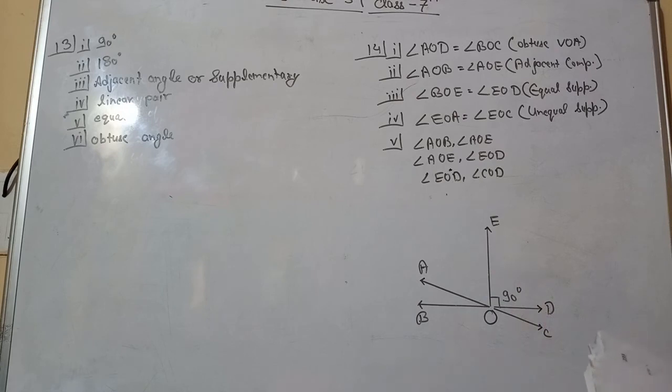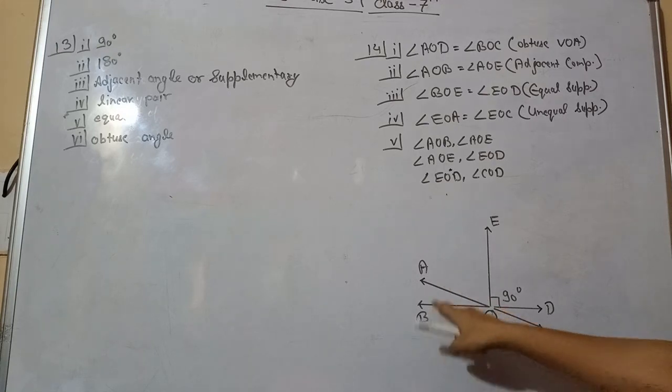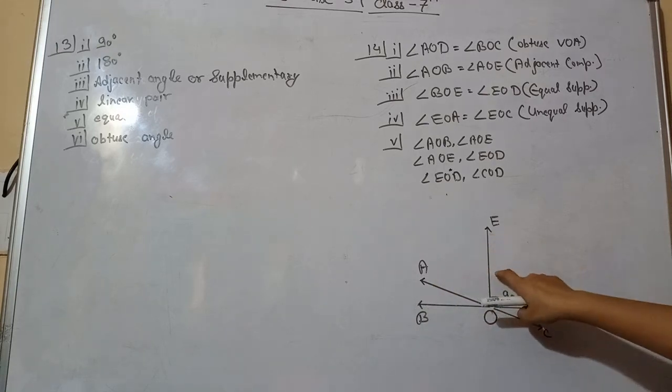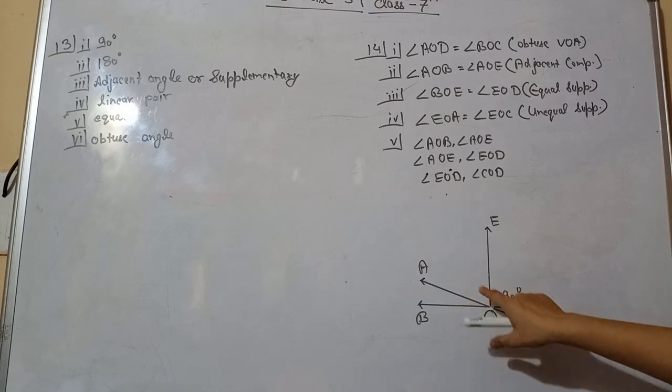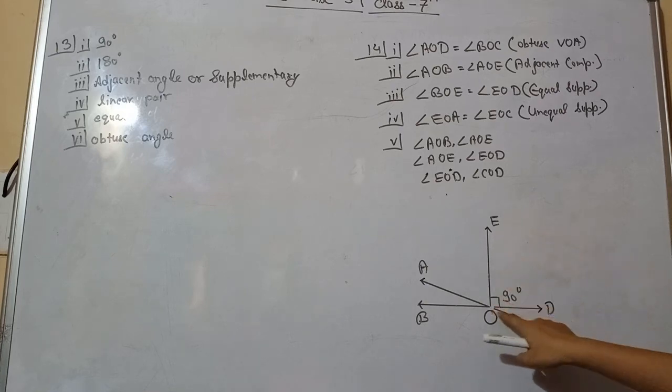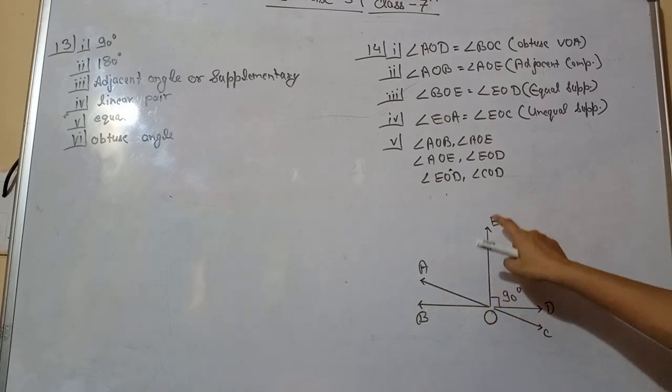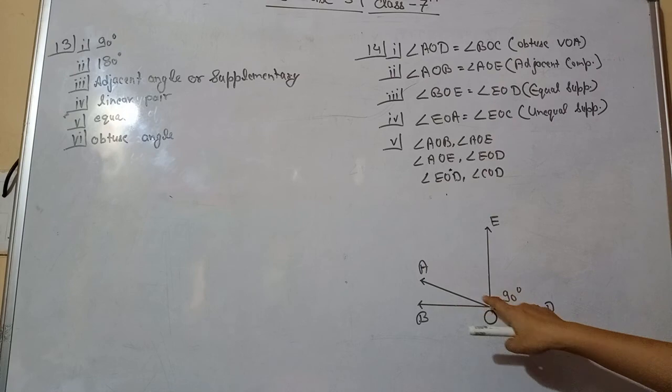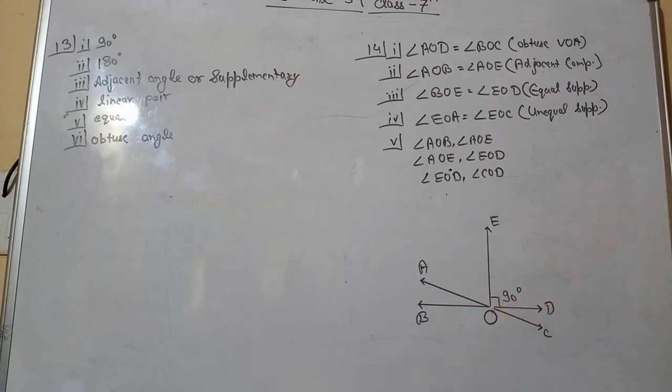Now last question, adjacent angles that do not form a linear pair. Okay, adjacent also, but they will not form a linear pair. So first pair is AOB, AOE. See here, AOB and AOE. This is 90 degrees. This will not form a linear pair, but they are adjacent. Second one is EOD and AOE. Here is EOD and AOE. OE is the common arm, but this angle is also not making any linear pair.